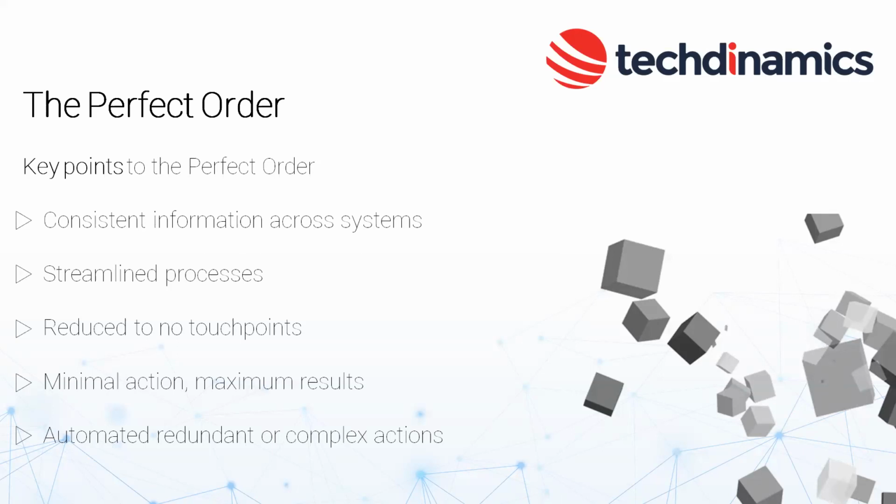Then another key point to a perfect order is to require minimal action for maximum results. Those acquainted with the techSHIP desktop client, for example, know that when techSHIP is properly set up and the information is properly flowing from the WMS, the staff at the packing lines, the only thing they need to worry about is scan the barcode of the pick ticket, and that's it. They get the label out. They don't know all the magic that happens behind the scenes when it comes to rate shopping, advanced restrictions, OMR rules hitting the process, right? There's a lot of things that can be